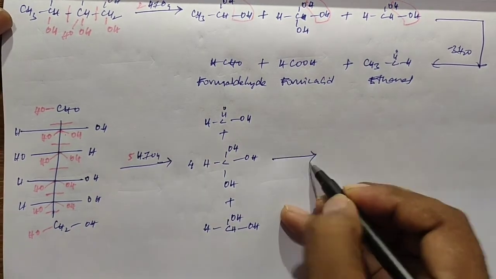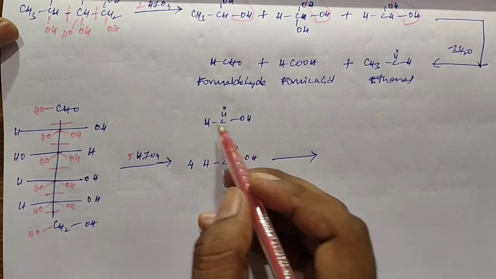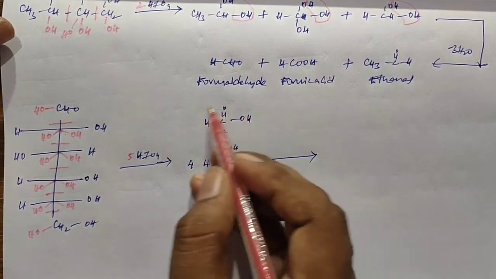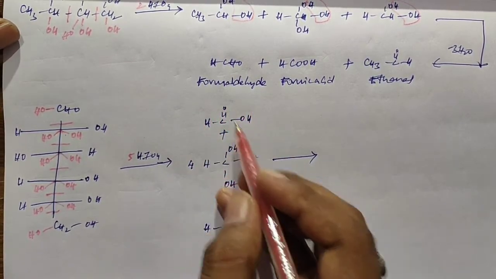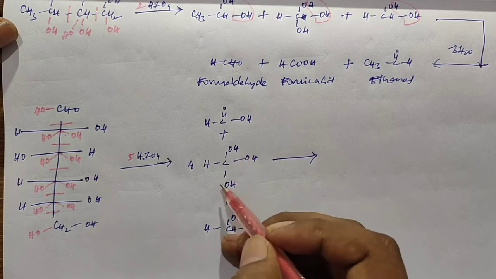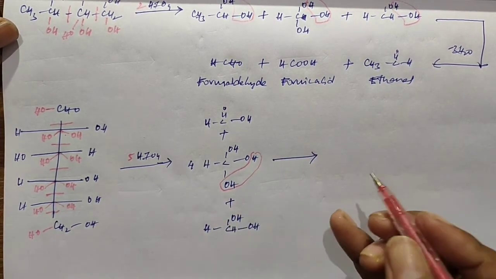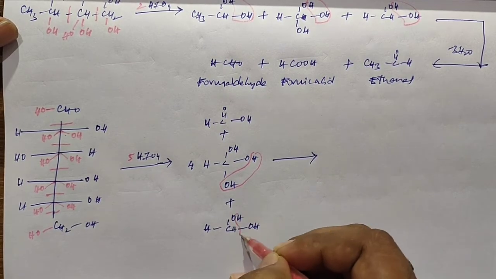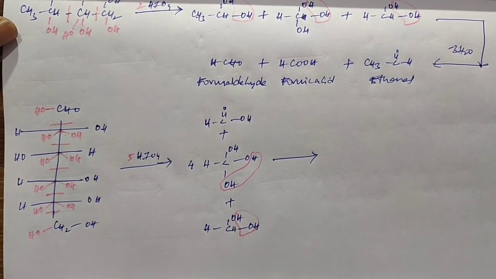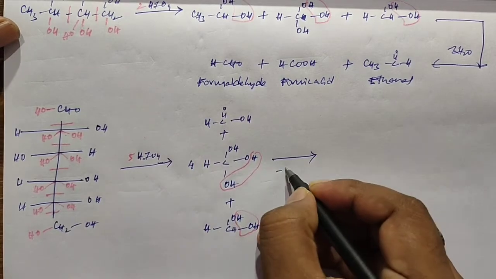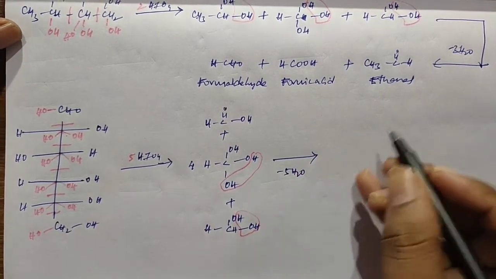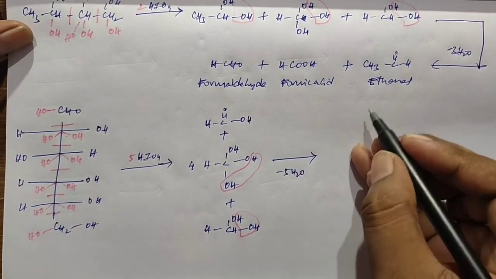Here dehydration can be possible at that time. For this compound we have only 1 OH group, so here we don't lose any water molecule. For this we have 3 OH groups, so from 3 OH groups we lost 4 water molecules, and here onwards we lost 1 water molecule. So finally we lost 5 water molecules.